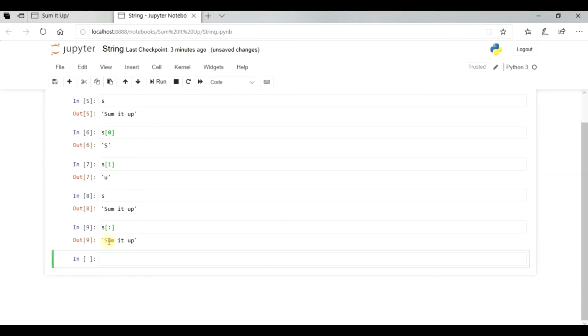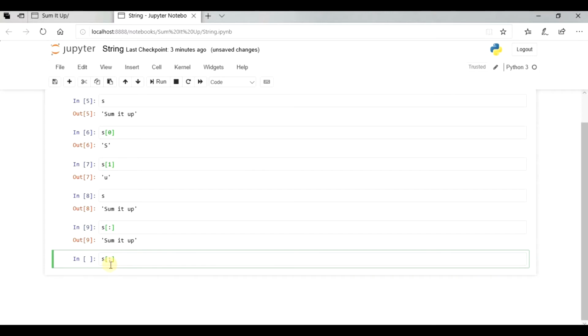Now if you don't want to print the first letter, you can simply write s, square brackets, and give a colon here. To the left hand side of this colon will be the start index, and on the right hand side it will be the end index.